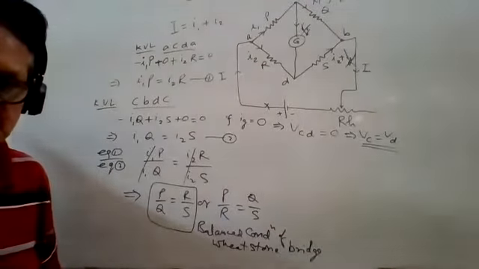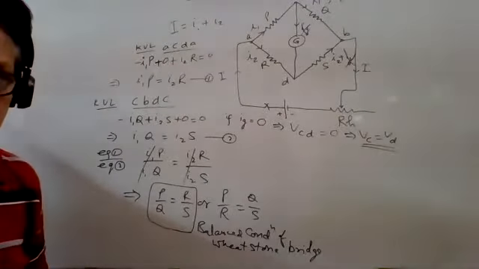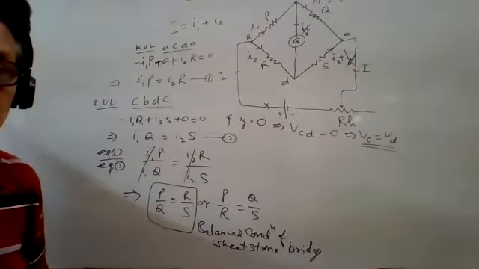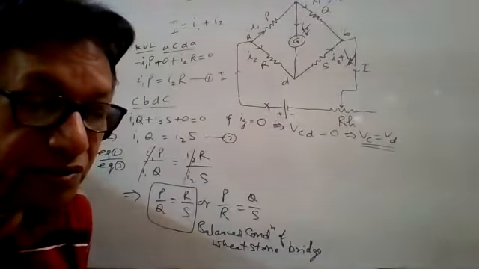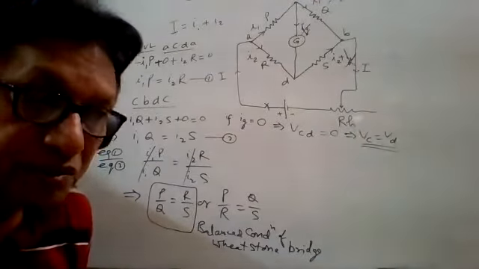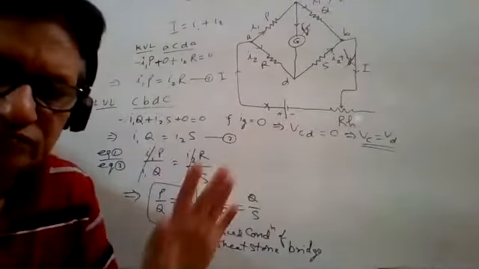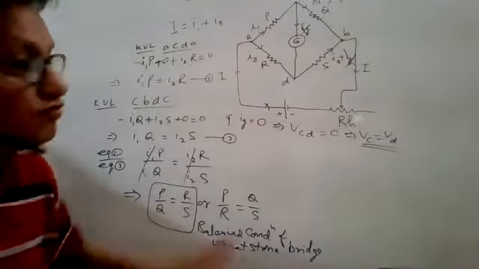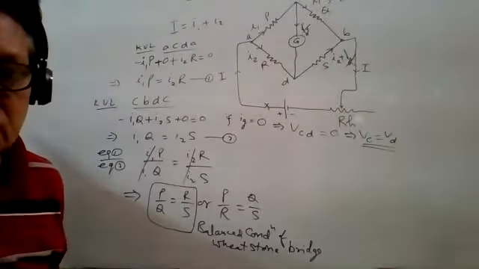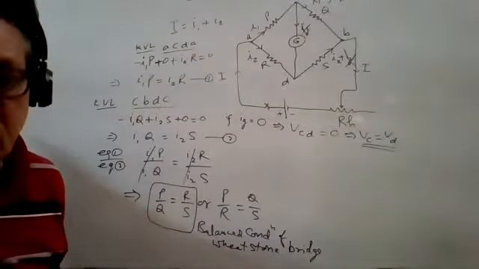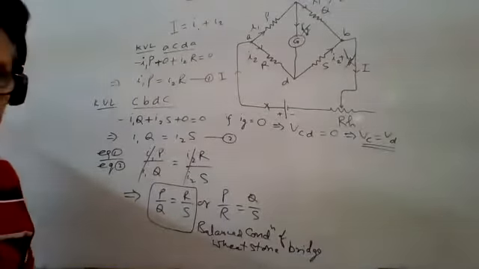Got it? Should I repeat it? Sir, yes please. So sir, in a question, if this ratio is equal, we have to take G equals 0, Ig equals 0? Yes, just remove it. Okay sir. I will also solve some problems so that you can understand how it is applying in different conditions. So please note this down.